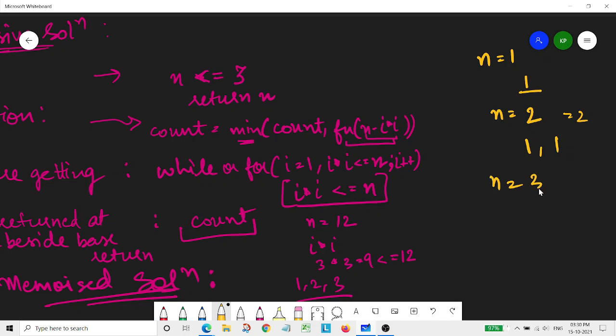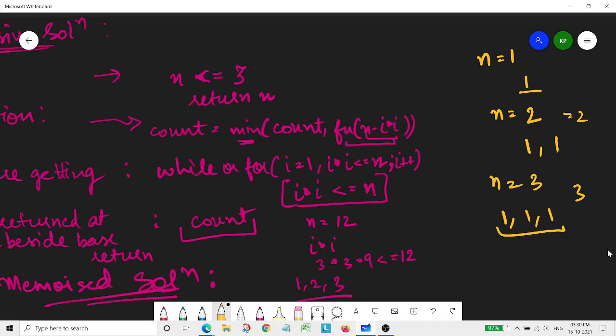And when n is equal to 3, again we have just 1 as the perfect square which would be returned, so the count of this 1 would be 3. So that's why we are simply returning these numbers themselves when they are less than or equal to 3,